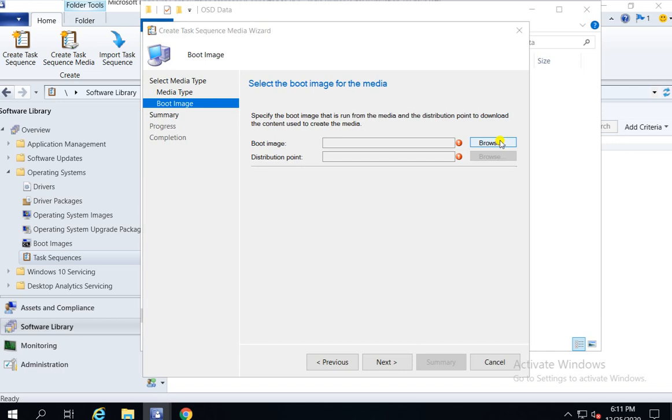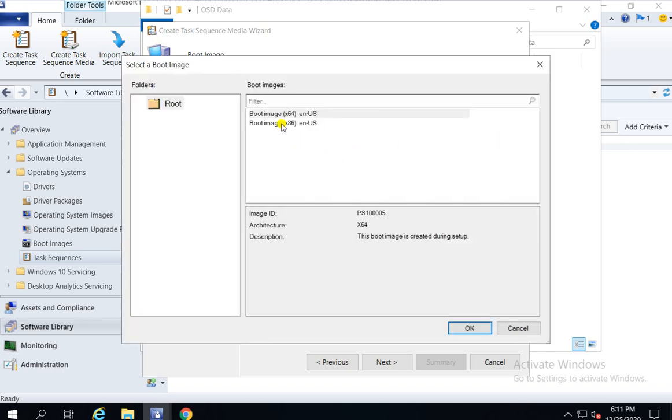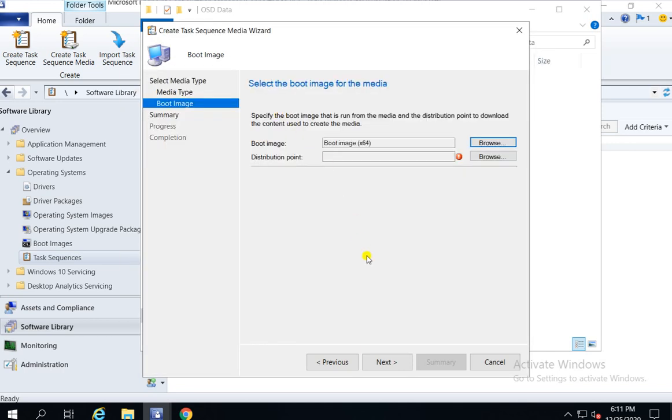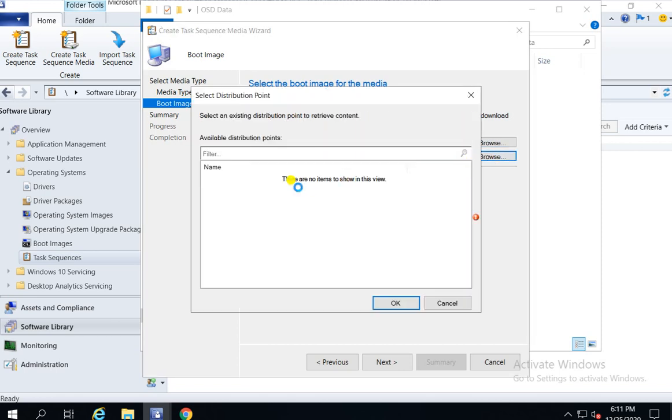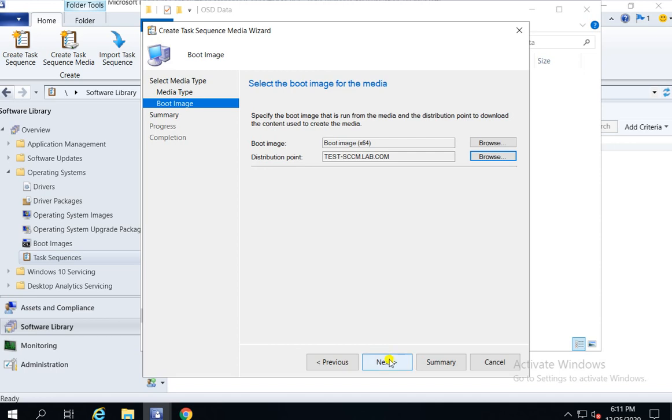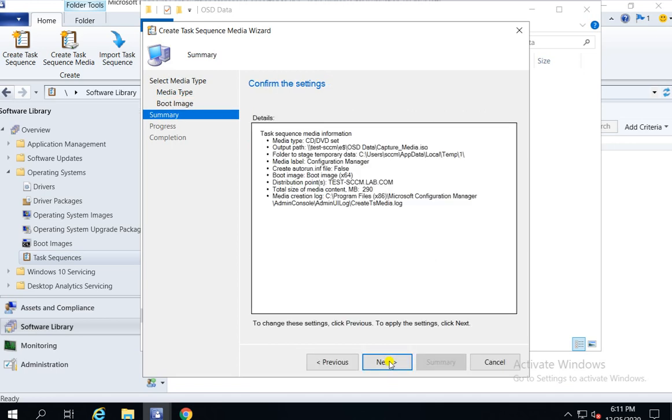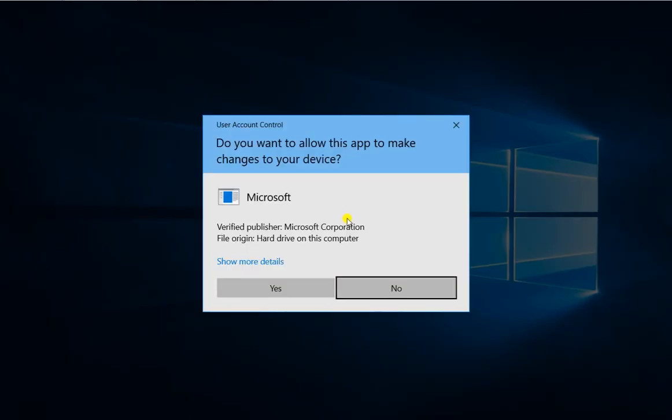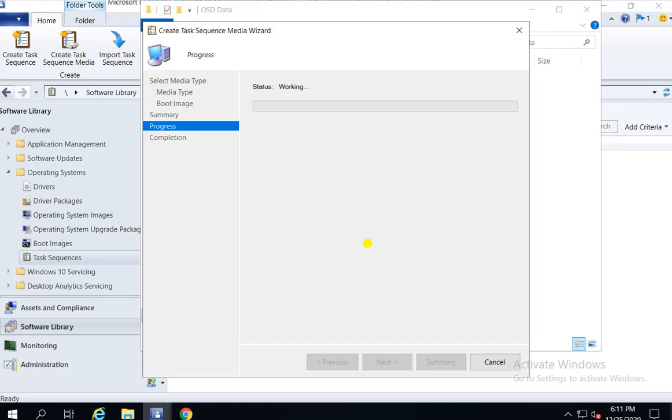Now next, select the boot image. I'm going to select the 64-bit one, then select the distribution point. This is my distribution point. Now next and next, and just click yes. Now the boot image will be created. Okay, it's done now.